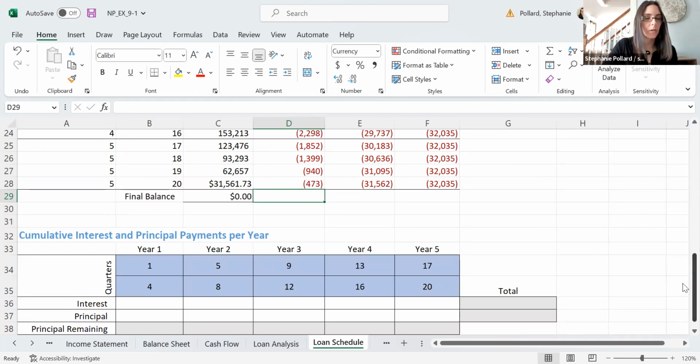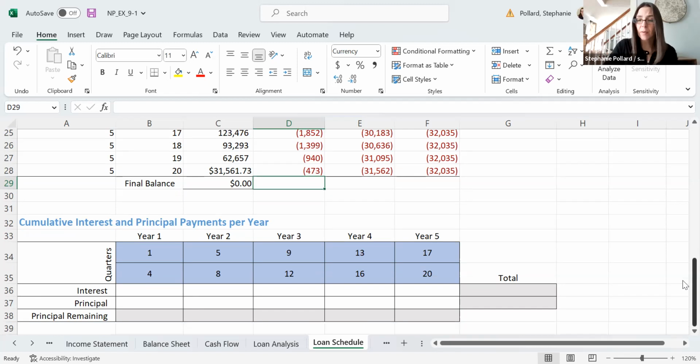All right, so the last thing I want to do in this video is just look at some cumulative. Now, if we have an amortization table, then obviously we could also use a sum function and add up the total we've spent in interest or the total we've spent for our principal, for instance, which should be the loan amount. But we may not always have the amortization table, or we may want to look at specific parts of